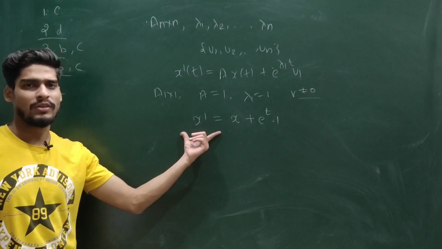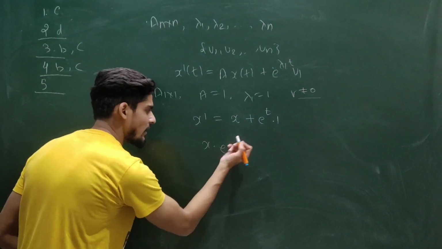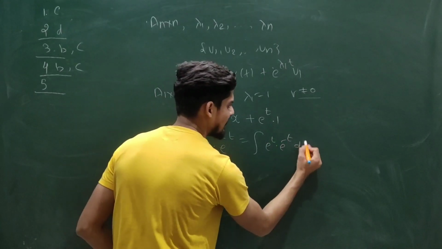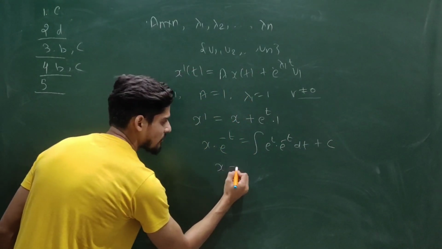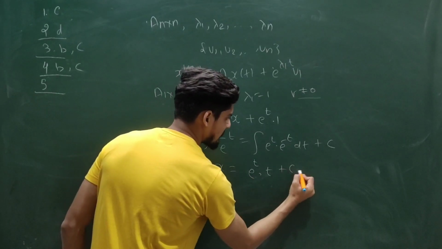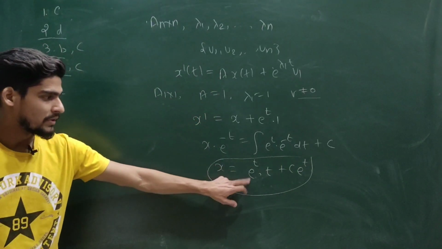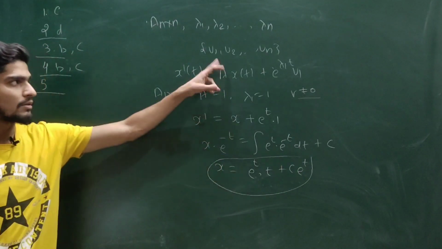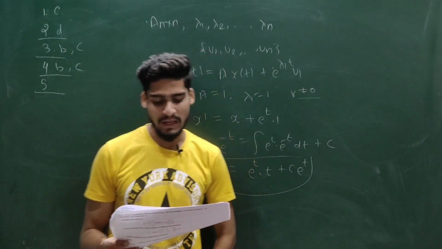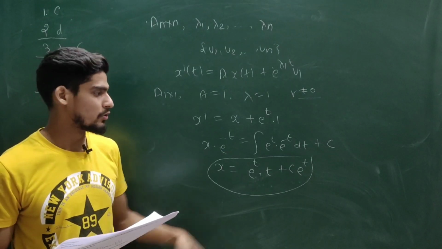Now this is a first order, first degree linear differential equation in the most general format. So the solution will be given by x times the integral of e power t into e power minus t dt plus some constant c. So my x will look like e power t times t plus c e power t. This is the format of solution. So from this intuition you can think for the higher order. So if you see, option A says there is no solution of the format e power lambda 1 t a for any vector, and that is obviously true. You will not have any such solution.